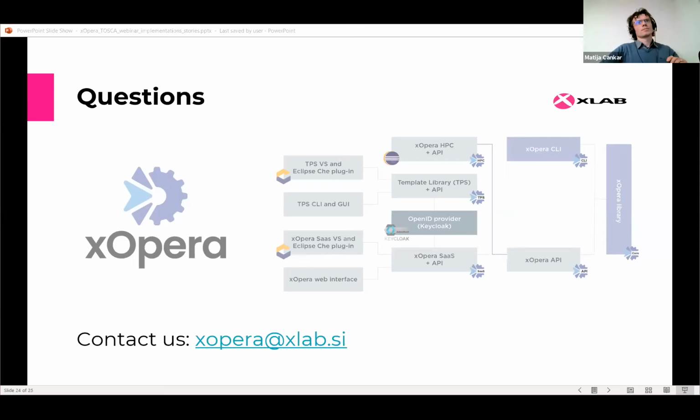Okay, so I can answer this one. For TOSCA 1.3, yes, we support most of the features. I think the only thing that is not supported are the TOSCA workflows, which are, again, a very special use case, but most of TOSCA is supported and it can be parsed. And yes, about the specific features,